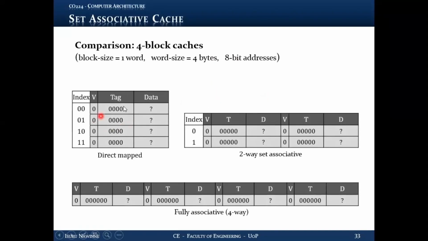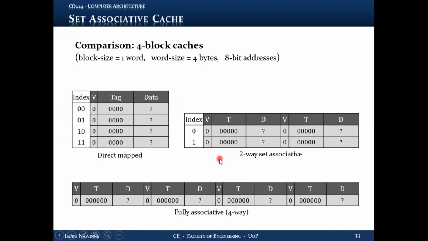One is direct mapped, 4 blocks in 4 different entries, using 4 different indices, right? So this is the direct mapped implementation for a 4-block cache. You have to store the tag and valid bit, and there'll be 4 different entries. So you need 2 bits to identify individual entries, 2 bits from the incoming address, which we will use